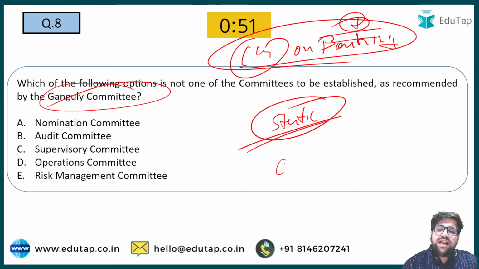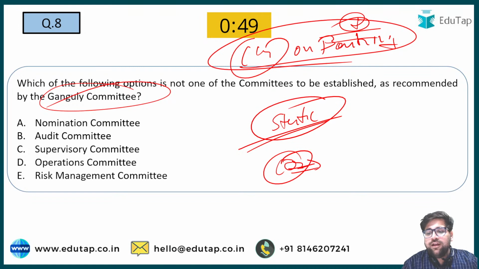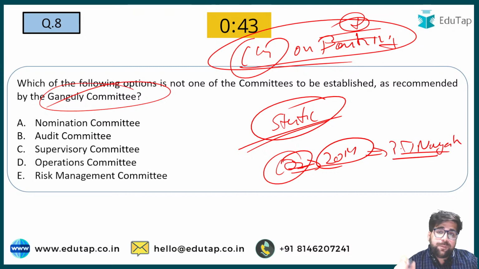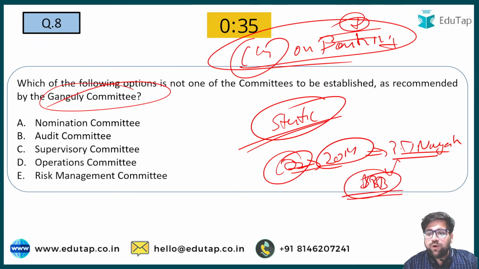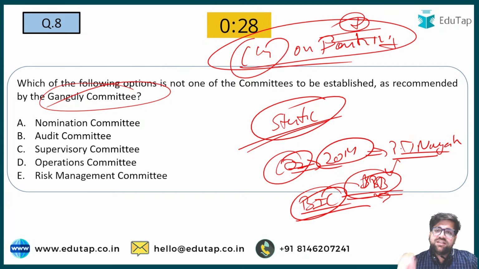If you are understanding the corporate governance of banking in the year 2014, I hope you know that the PJ Nayak committee was one of the watershed movements when it comes to the corporate governance of the banking sector. In 2014, the PJ Nayak committee recommended the Banks Board Bureau, which was earlier known as the Bank Investment Company. Again, a very important fact: the Banks Board Bureau has been entrusted with the responsibility of picking the chiefs of different